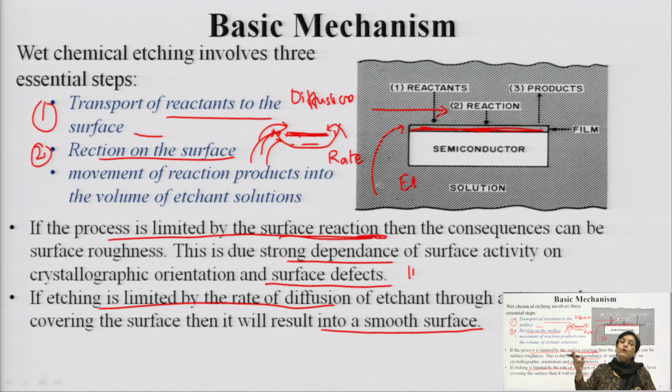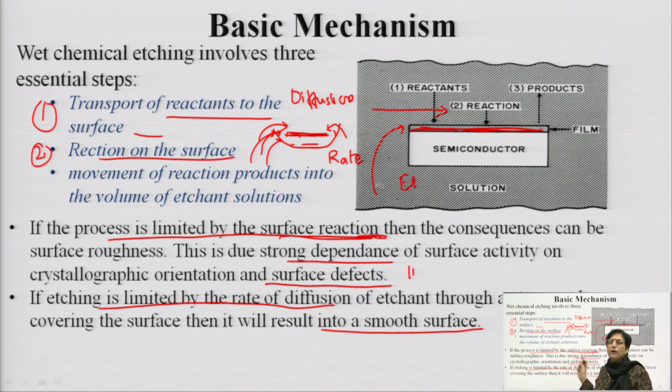So, in order to have uniform etching, I need to stir the etchant solution, so that the species are available continuously for reaction and there is uniform etching happening throughout. Agreed? But please remember, when only the rate of etching is defining, that is reaction rate dependent etching, there is a possibility of surface damage, whereas if it is limited by diffusion, a very smooth surface gets formed. So, you have to remember that the exposure time is very important